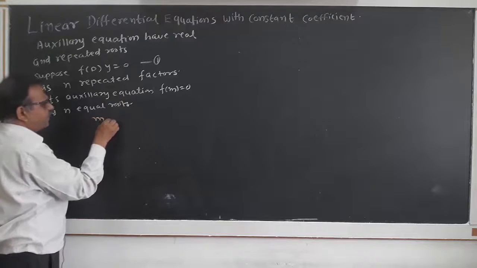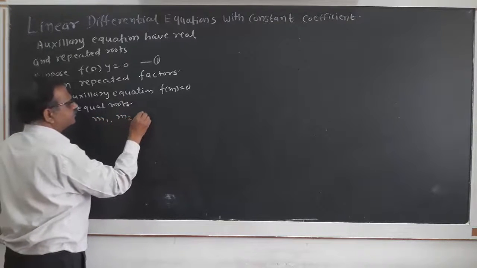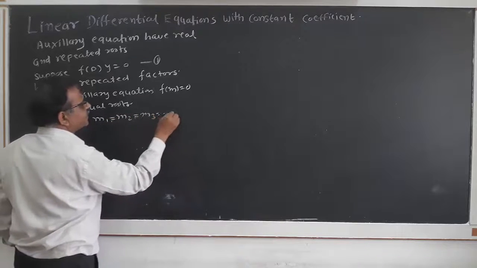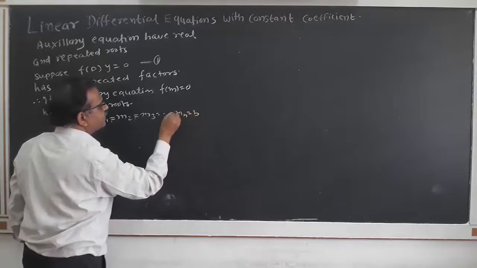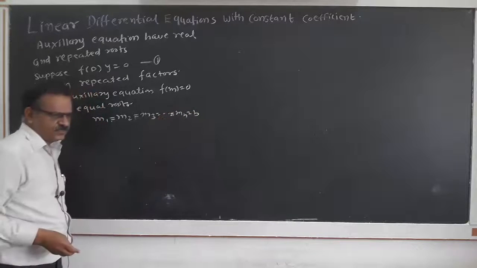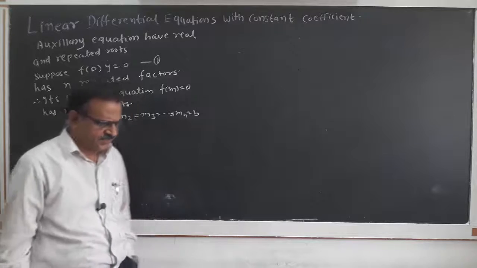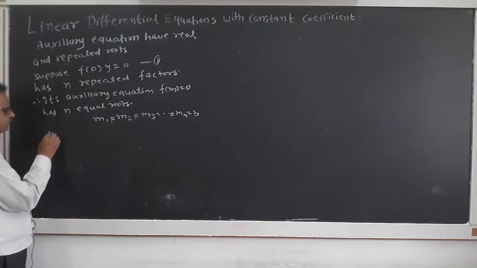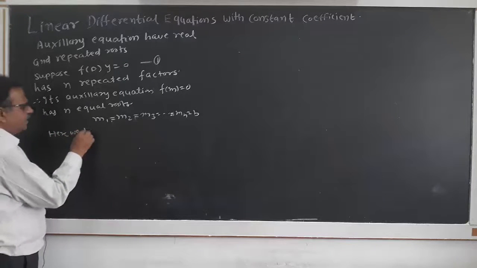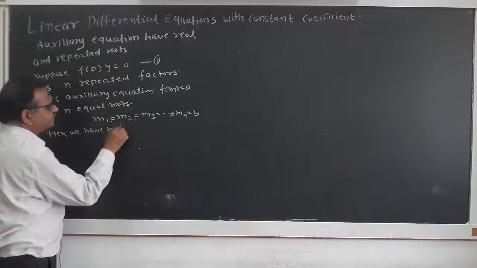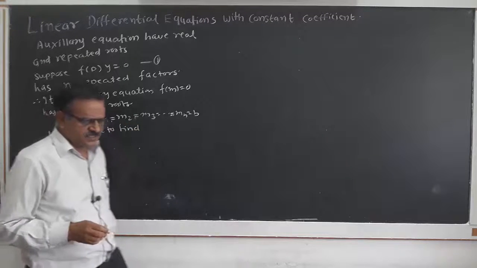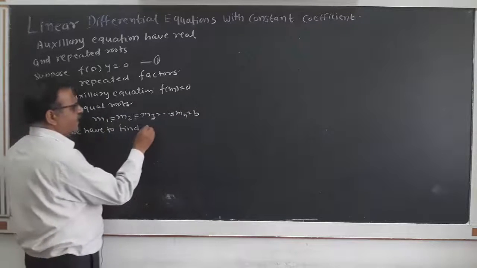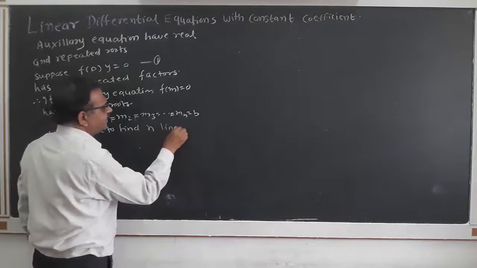Suppose m1, m2, m3, they all are equal to mn equal to b. Suppose all roots are equal to b. Then we have to find n linearly independent solutions y